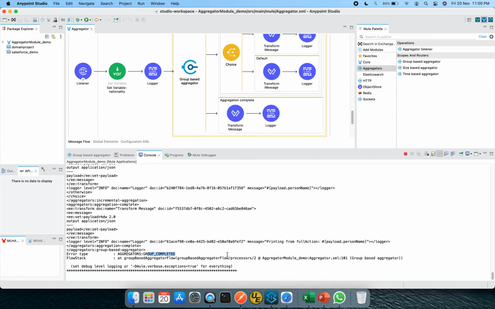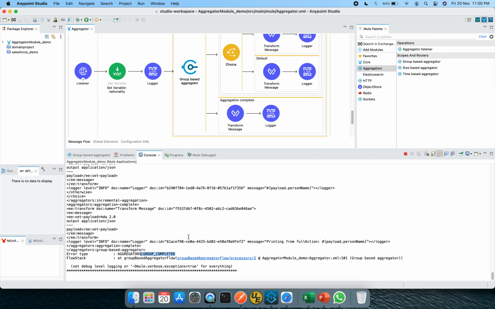I have intentionally executed this use case just to show how it responds when the group is already completed. It triggers this error, aggregator's group completed, and for the next 60 seconds it will not allow the same group ID to be executed, otherwise it will throw an error.